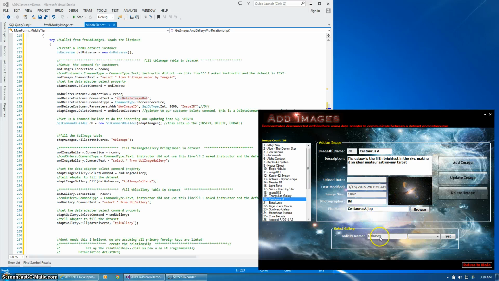I could not do this all in one step because of the parent-child relationship. If I add an image, I have to commit it first in order to create a new ID and add it to the bridge table to be able to use the gallery, and then I can assign a gallery to it. So let's go ahead and add a new image,